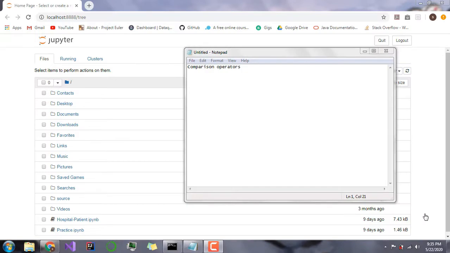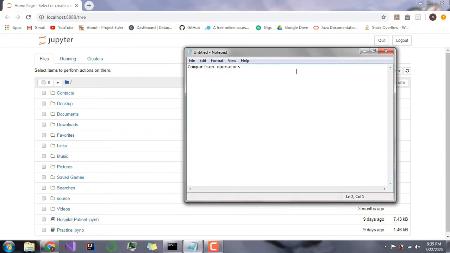Now in the previous video we discussed assignment operators and arithmetic operators. Now comparison operators. Comparison operators are one of the important things in Python. What is comparison? Comparison is basically taking a value, suppose x, and comparing it to y. There are certain operators which are used to compare these two variables, such as I will write below